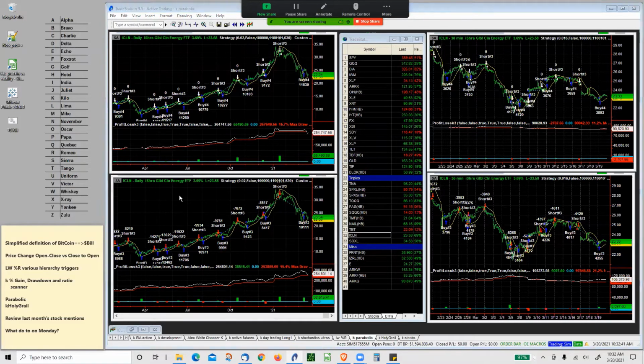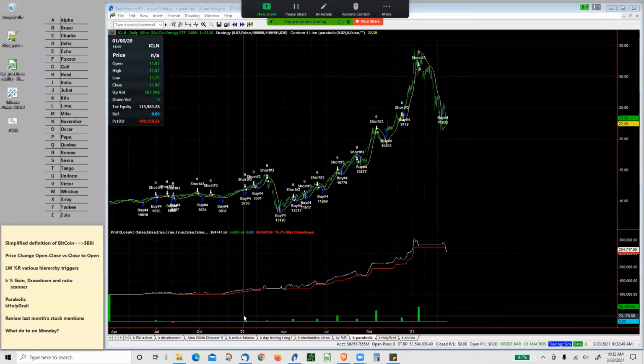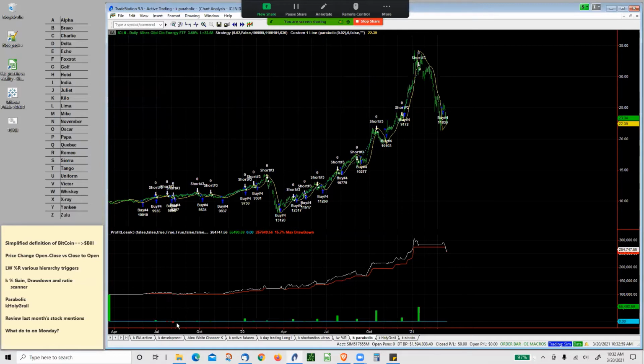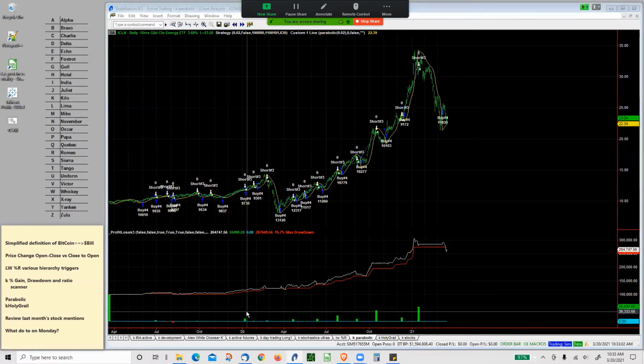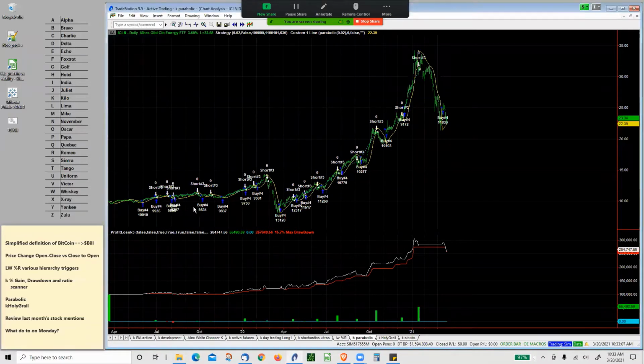No. The parabolic, if you look at there's a bunch of, see all these little green things on the bottom here? Those are little profits. Anytime there's a green one, a red one here, a little tiny red one here, that's a loss. So you've got little tiny losses and you've got some big gains. And then when it really starts kicking in, you really get some great gains. So if you see a stock that you think is a good candidate for going to take off, this might be something that you might want to look at